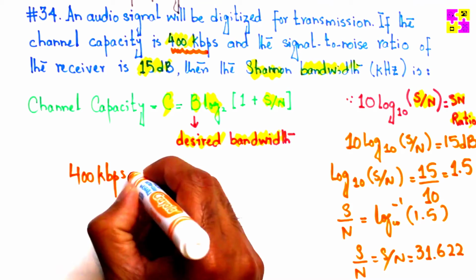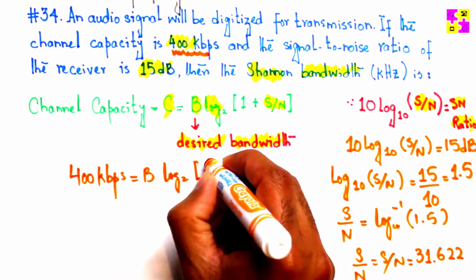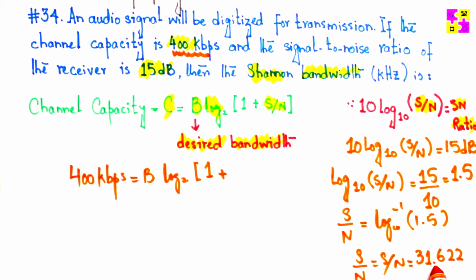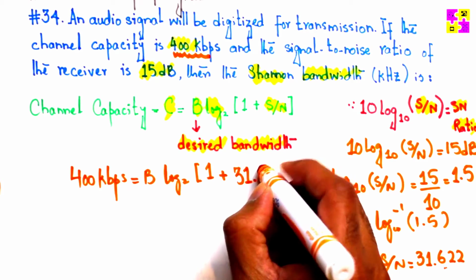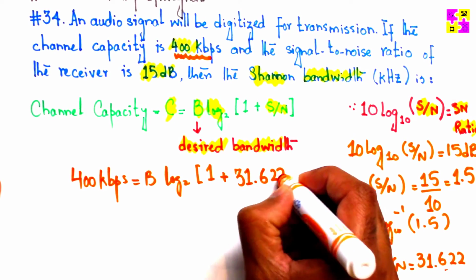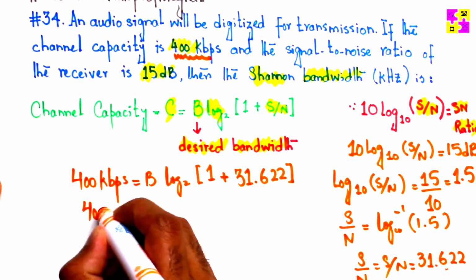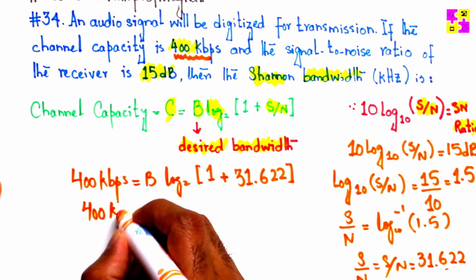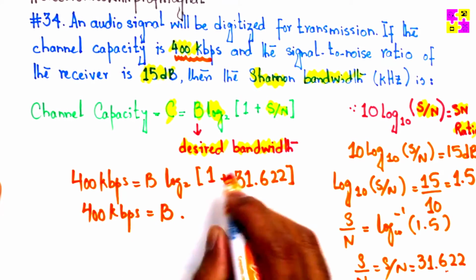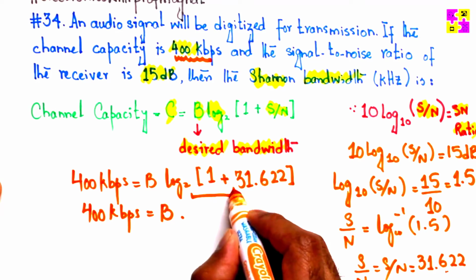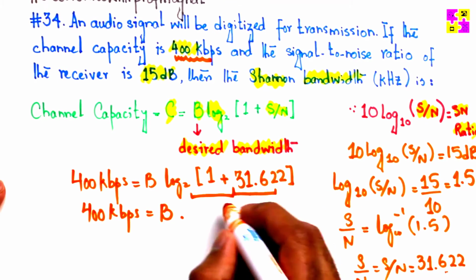You also have B, which is what we need to find out. Log 2, and then we have 1 plus 31.622. We also have 400 kbps equals B times that, and if we solve this, if you use your calculator and get the log 2 of 1 plus 31.622, you basically would get